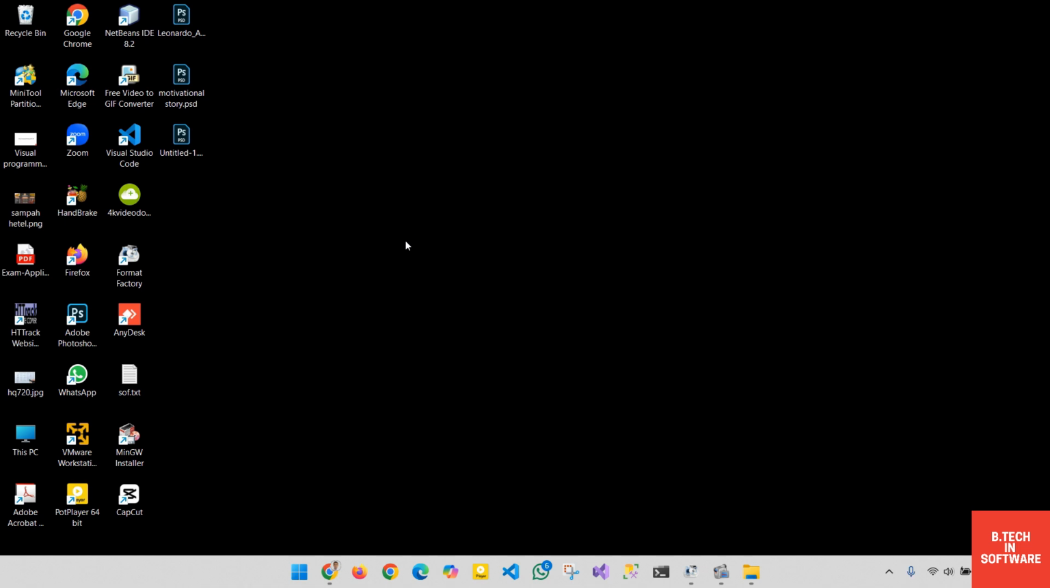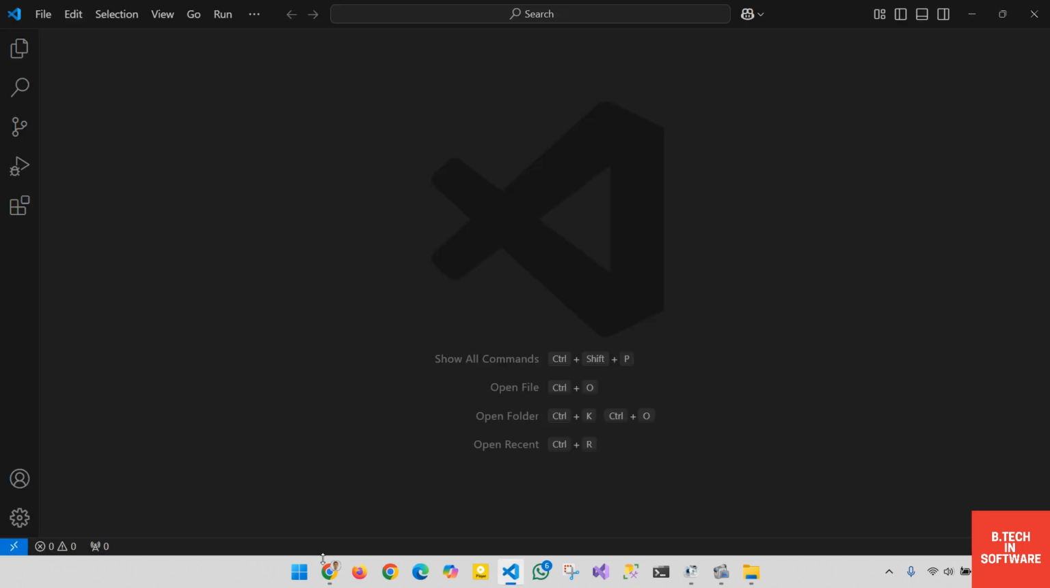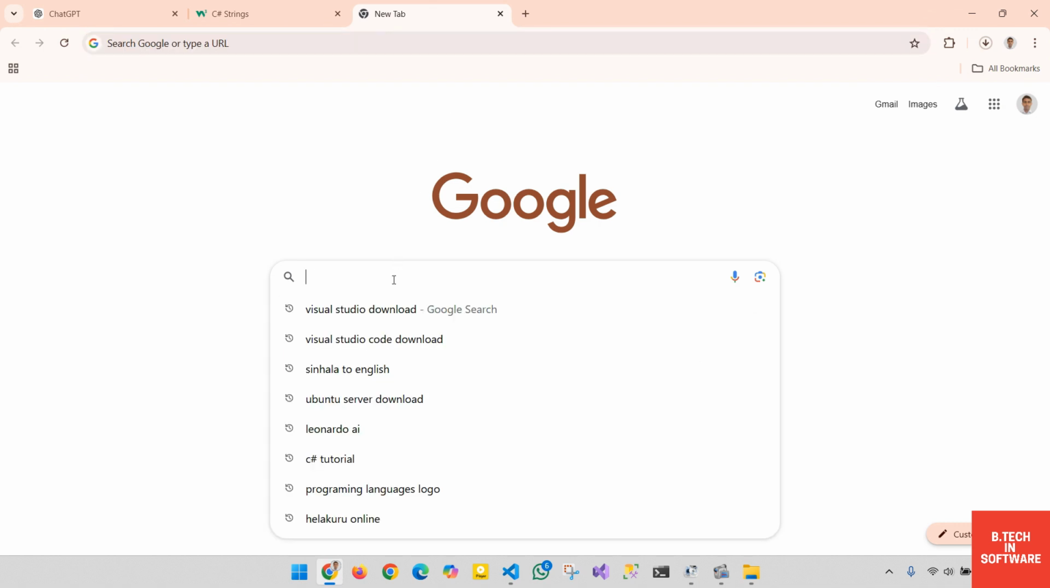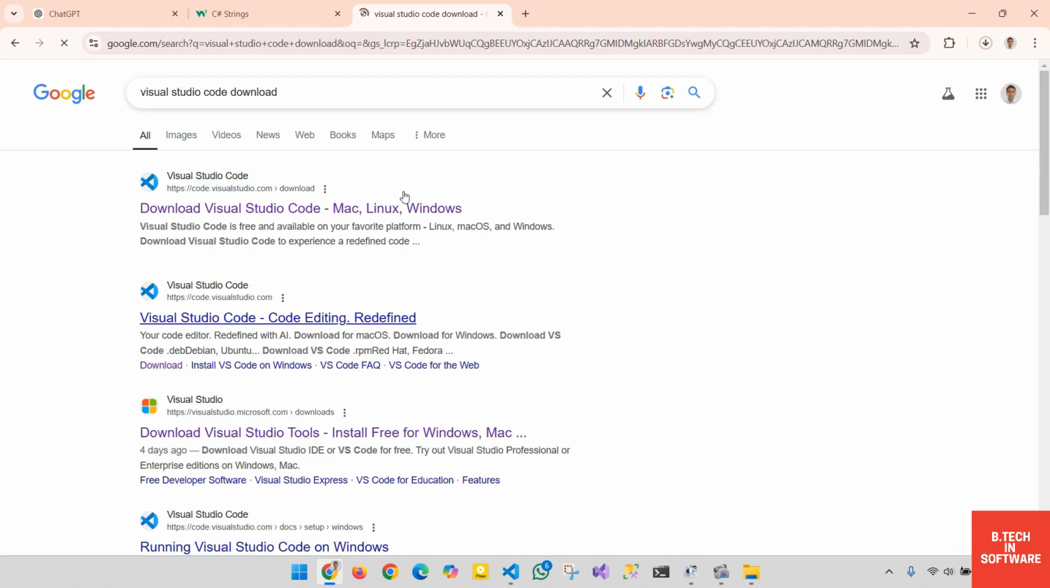Guys, let's learn CSS. For that, I'm going to create a new folder, CSS practice. I'm using Visual Studio Code. If you don't have Visual Studio Code, go to your browser, search for Visual Studio Code, download,